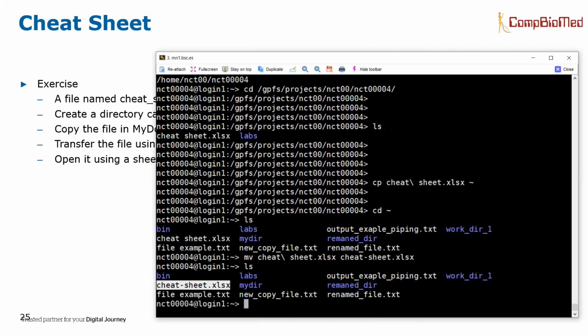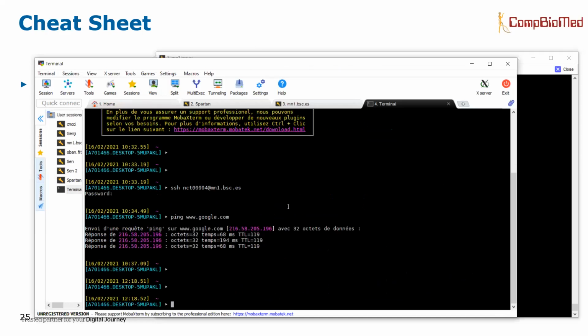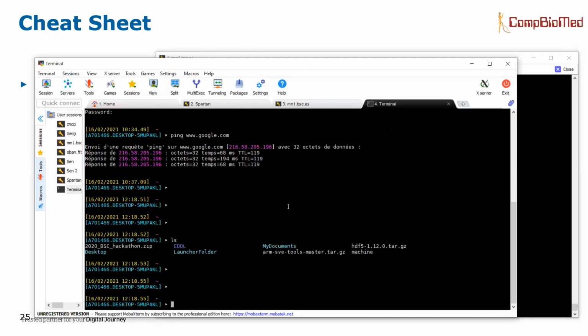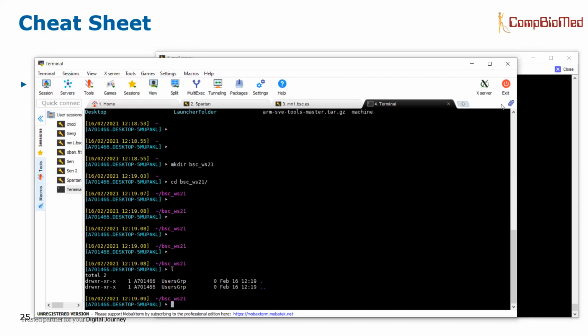And now what I will do is I will transfer this file into my local computer. So what I do is SCP, but SCP from my local computer. So I open a terminal. Okay. I do mkdir BSc Winter School 21. I go into this directory, and then I will put the command line to retrieve the file from BSc. So I type in my login, nct 404